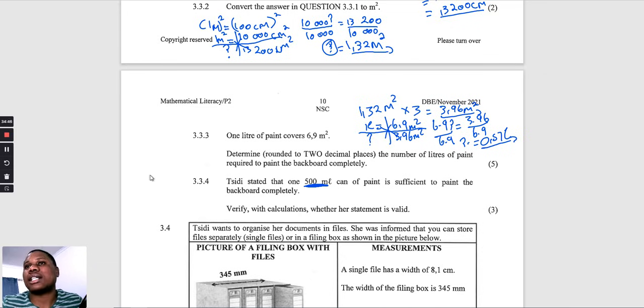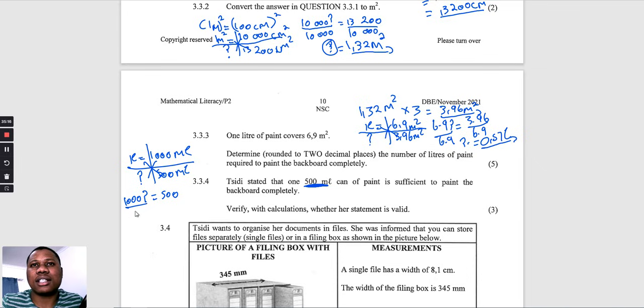Okay, right. What are we going to do? We can convert this 500 milliliters into liters. So we're going to say 1 liter is equal to 1000 milliliters. Then we do the cross multiplication again so that we can see how much 500 milliliters is in liters. So you're going to have 1 liter is equal to 1000 milliliters, and the question mark is equal to 500. We divide both sides by 1000, so the question mark is equal to 0.5,